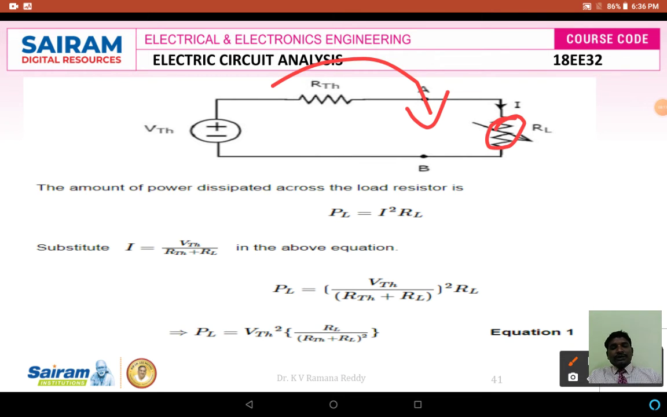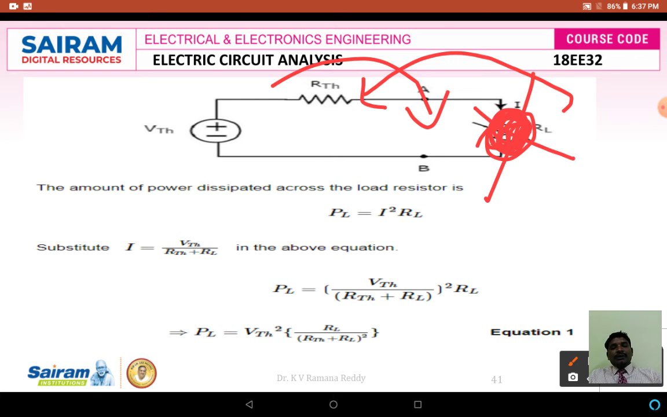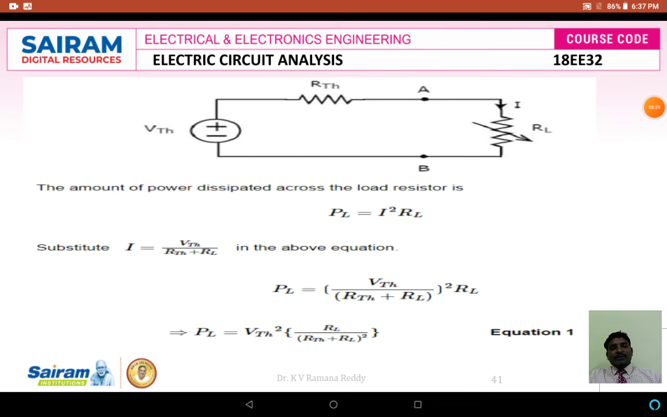Whenever I adjust the load resistance knob, only then can I make the RL value equal to RTH, and only then is there a chance for the maximum amount of power to flow. So whenever we make RL equal to RTH, only then is the maximum power flowing. That's why I am going to differentiate this PL, that is PL is equal to Vth square